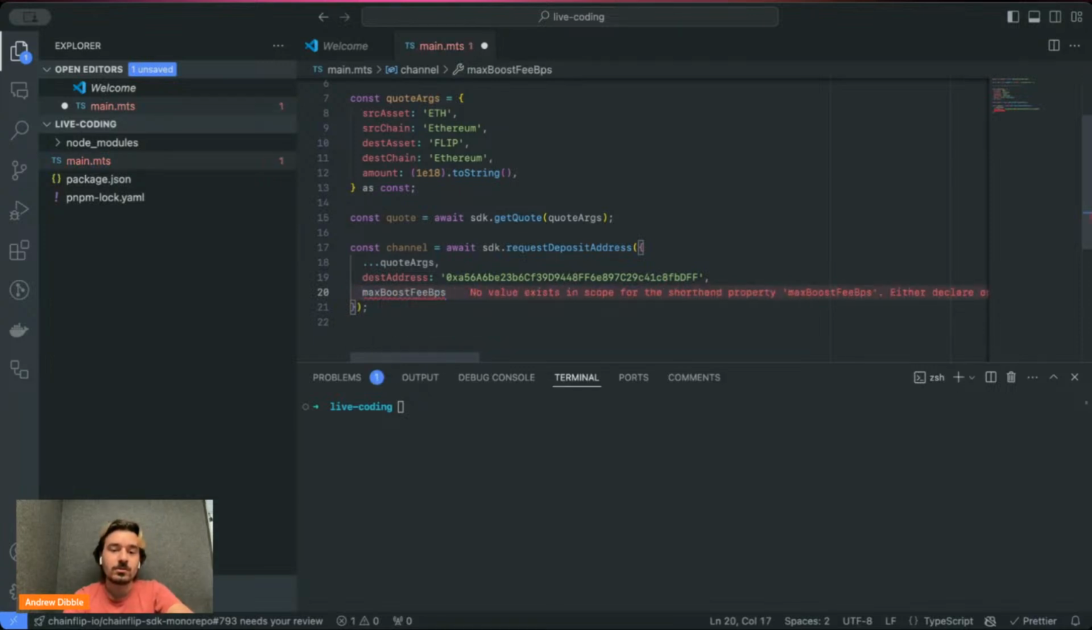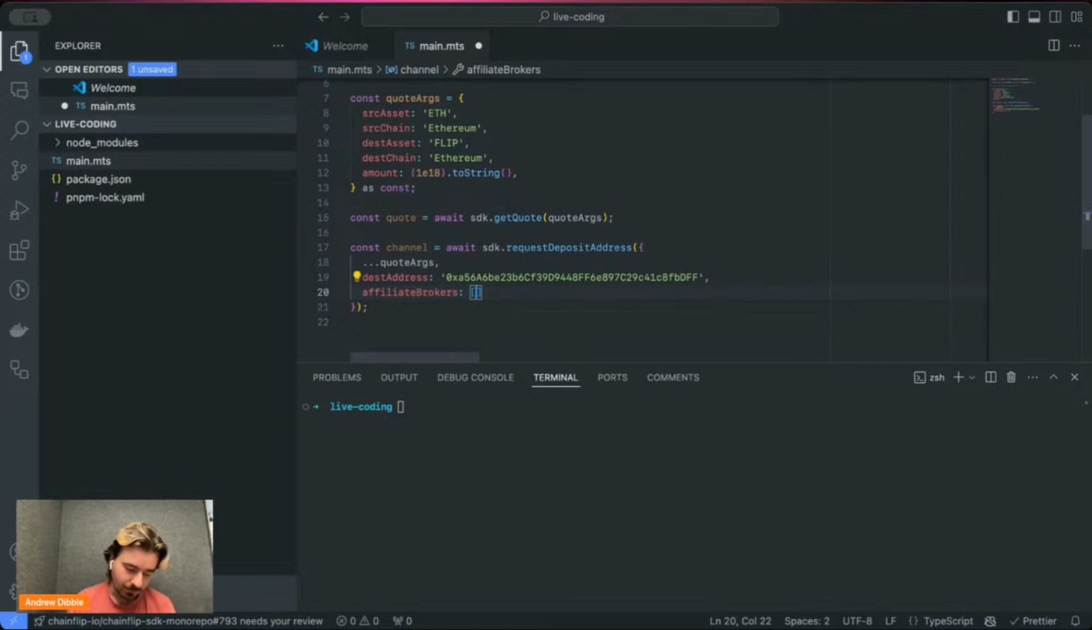Our new boost feature, you can specify the max amount you are willing to pay to have your deposit boosted. There's some documentation about what exactly Boost is. I just want to focus on how to use the SDK. And then also interesting new functionality from 1.4, our latest release, are affiliate brokers,